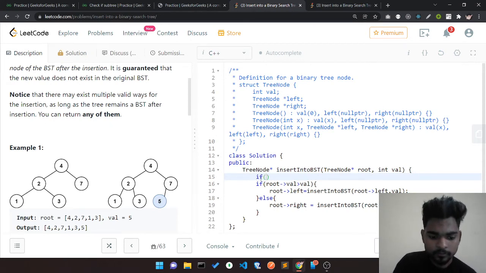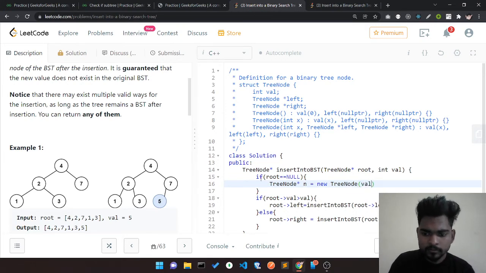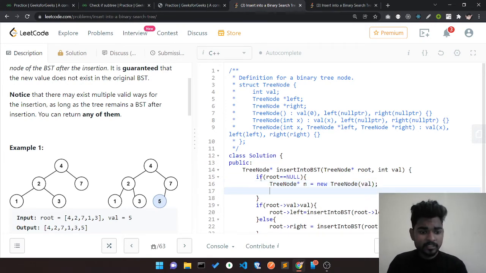So if root equals null, I have to create a node. Let's say new node n, and in that node I insert the value val. After that I just return this n.